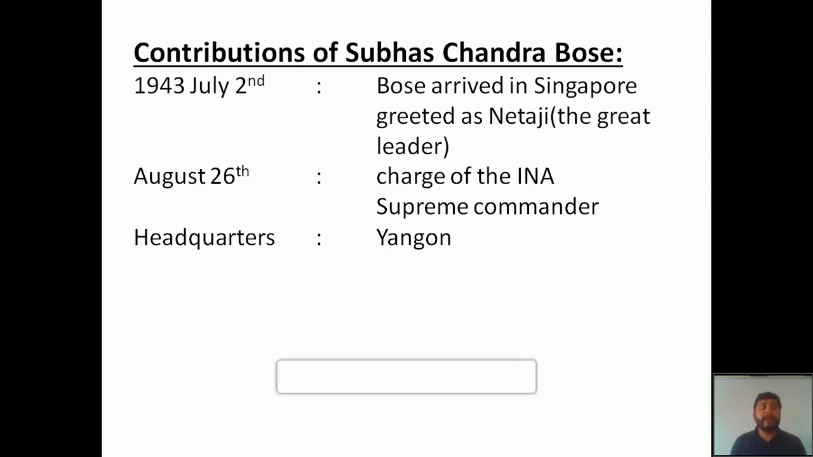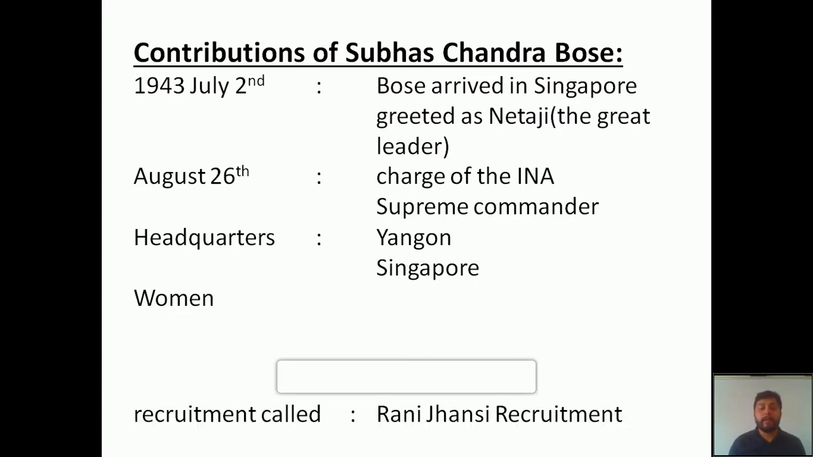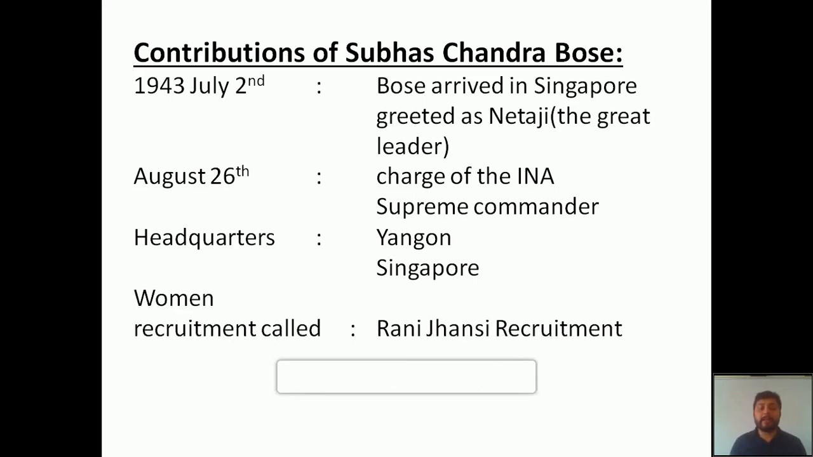And in order to have a very powerful administrative structure, he set up two different headquarters for the Indian National Army. One was in Yangon and the second one was at Singapore. And again he set up different recruitment centers, especially recruitment centers for women with the title Rani Jhansi Recruitment,